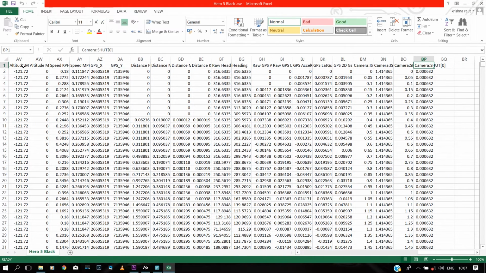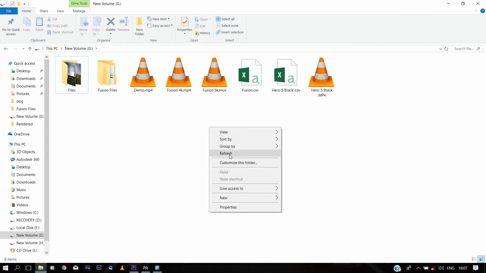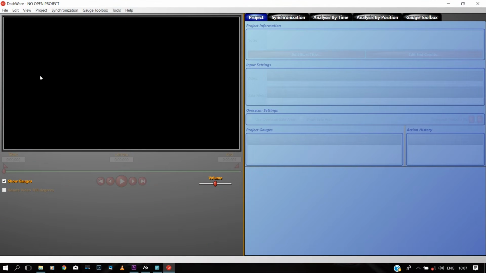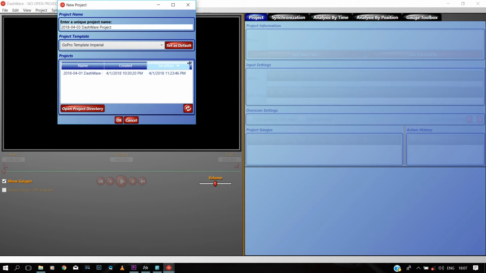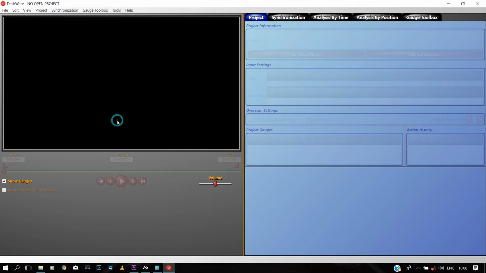So you see, these are some of the important fields which are not there in the Fusion CSV file. The reason that I'm showing you this is because, let's say if you wanted to use a software such as Dashware or Garmin Virb Editor, and if you were to use this particular software for the Fusion files,